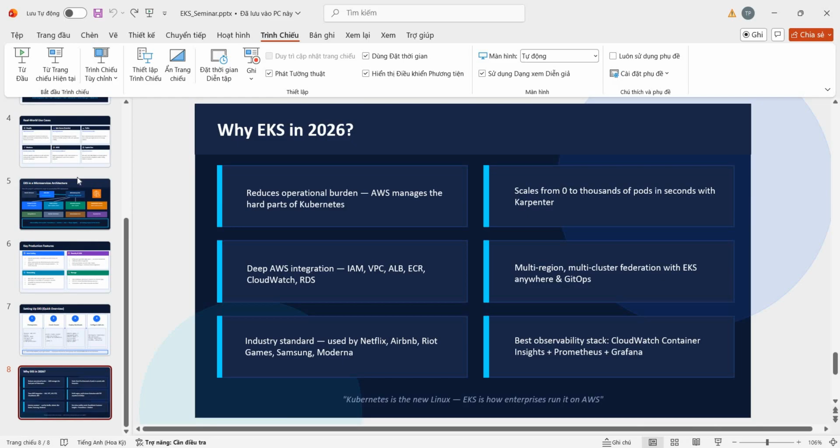So why should we choose EKS in 2026? Because it drastically reduces operational burden. It provides lightning fast scaling with Karpenter. It offers deep integration with the entire AWS ecosystem. And most importantly, it's the industry standard used by giants like